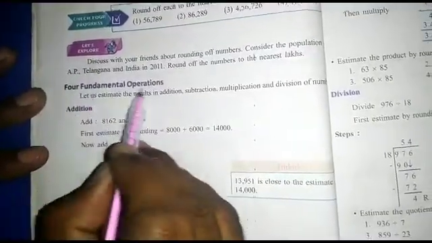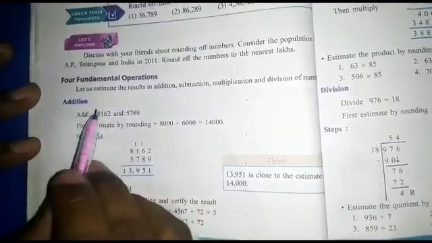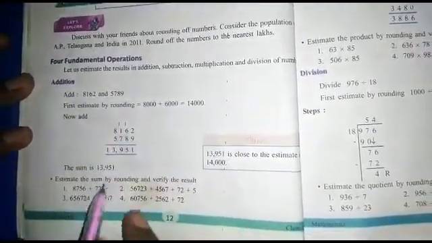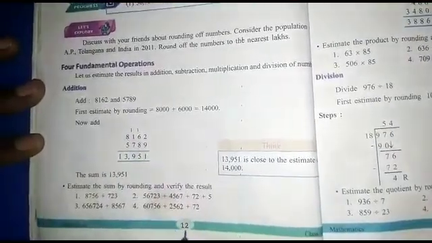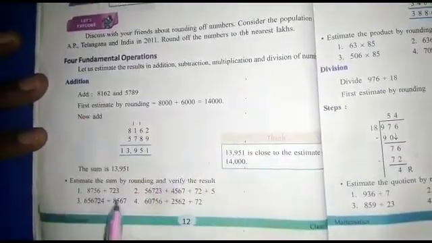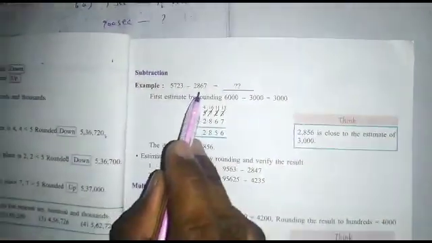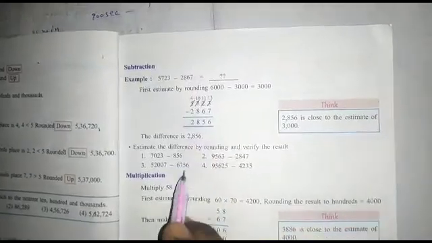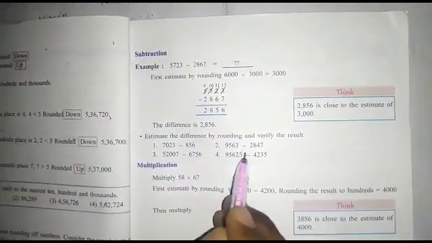See here the 4 fundamental operations. Addition, you already know, everyone has addition. The model is explained here. Everyone observe this 12th page addition part and try to do the homework. Again we come to the subtraction part, which you also know. Observe it and try to find the answers. Some questions are given here, do these questions also.